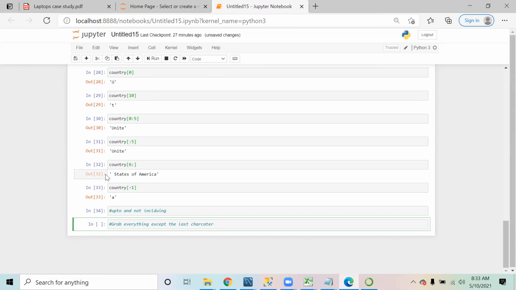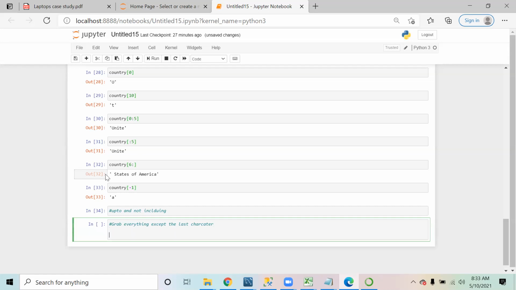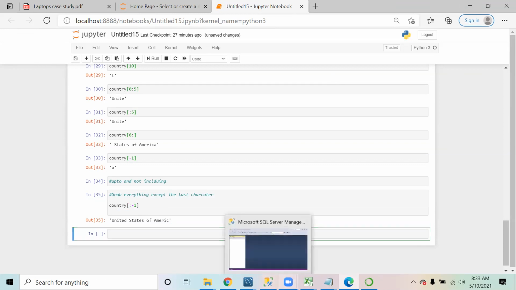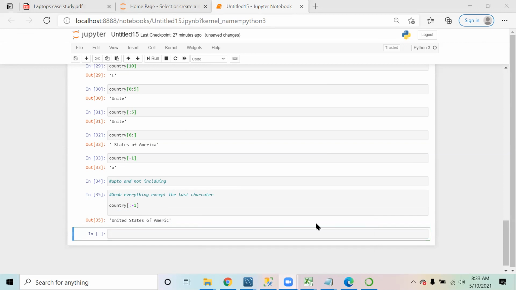Country semicolon -1. Correct, right? So you will say this country, come over here, semicolon, -1. So you won't get the last A in this. Right, Anusha? So yep, this is what we will do.